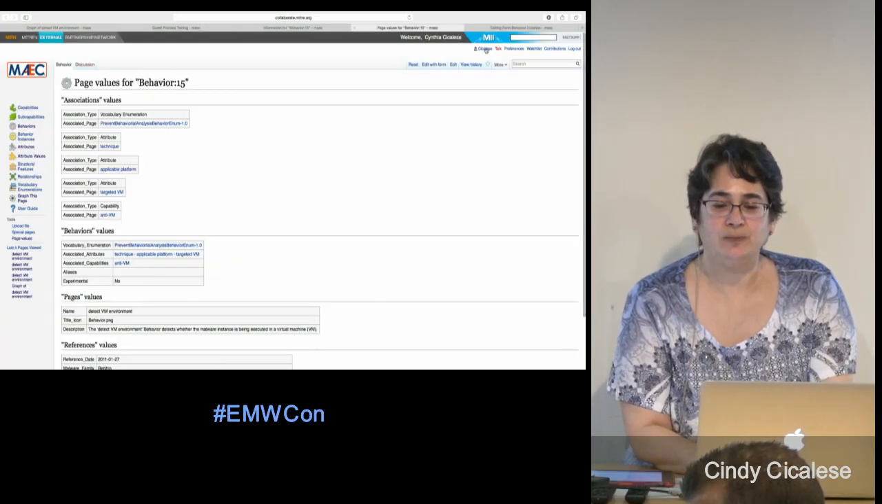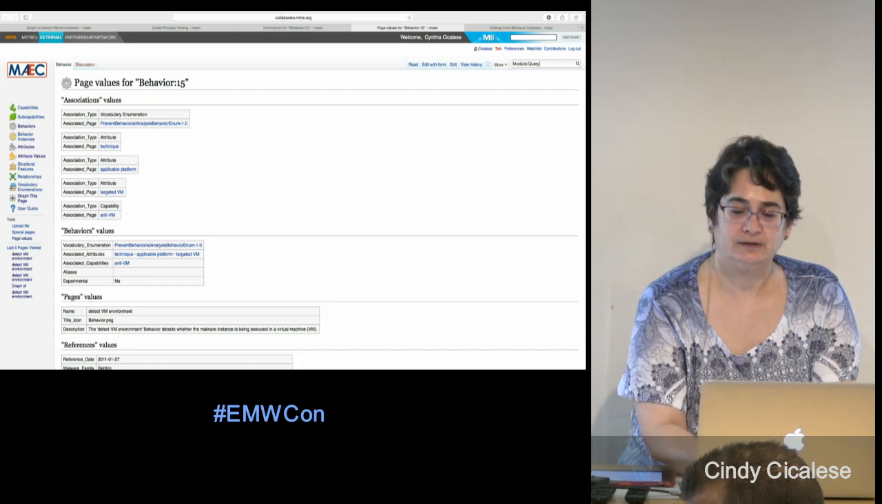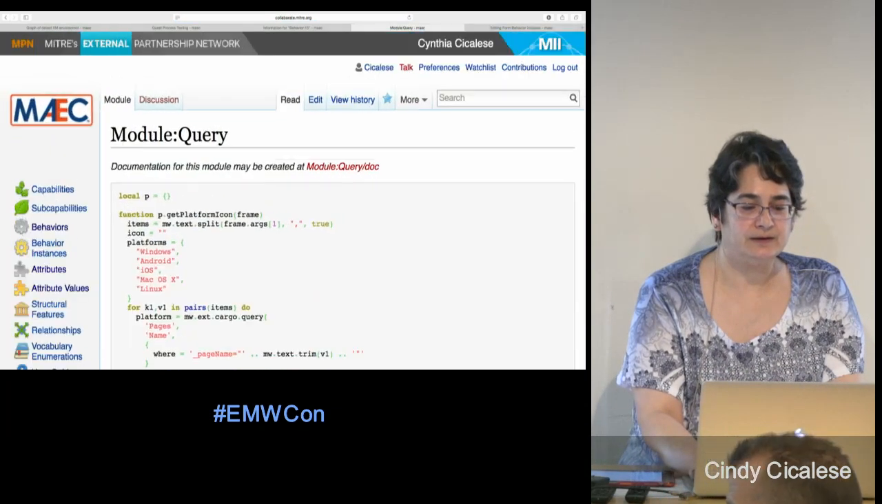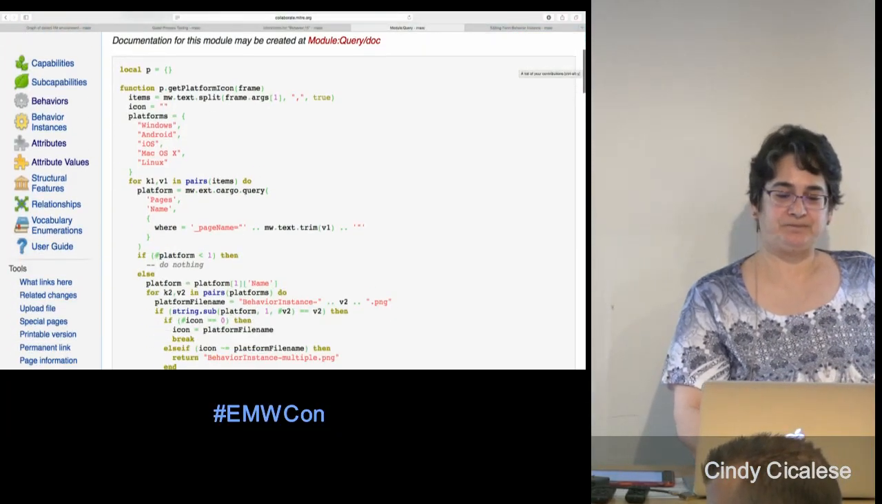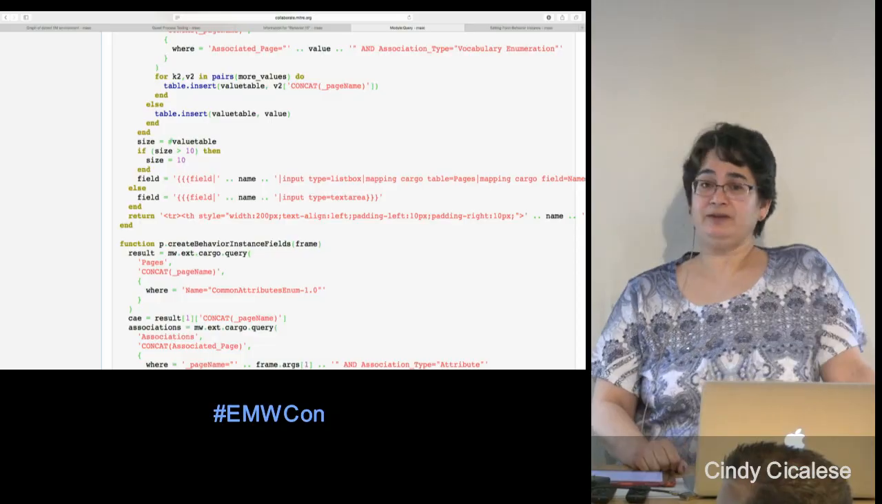So if I go to module query, and I'm going to have to make him bigger, aren't I? Okay. This is Lua. So Lua is a fabulous little scripting language